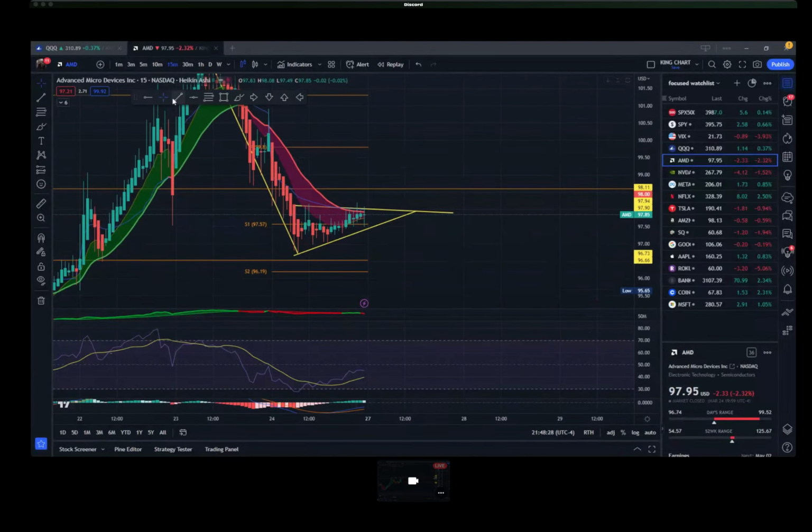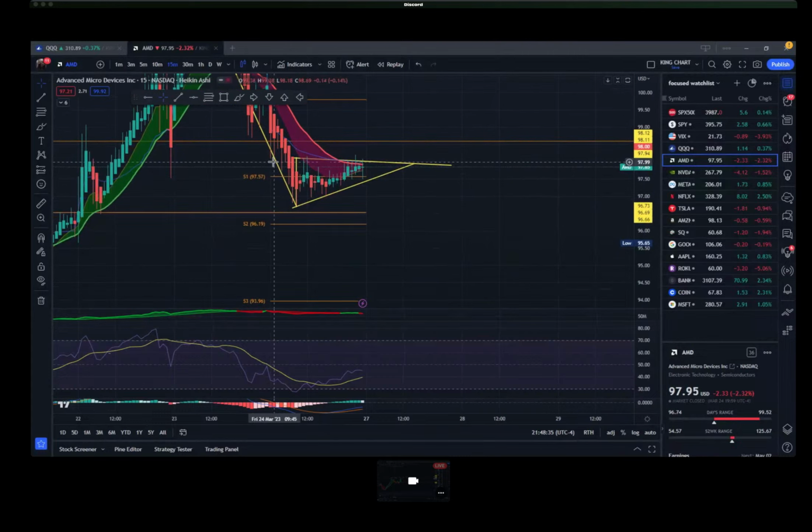And how do you measure the move? Grab the beginning of when that flag formed, and put it at the end of your flag. And once you get that breakout, let's say it's over here, you'll just move your measured move over there. That's how you adjust. It's not always going to break right where I put the measured line, so sometimes I have to adjust it as we go. Hey, it's good to have a nice price target, always.